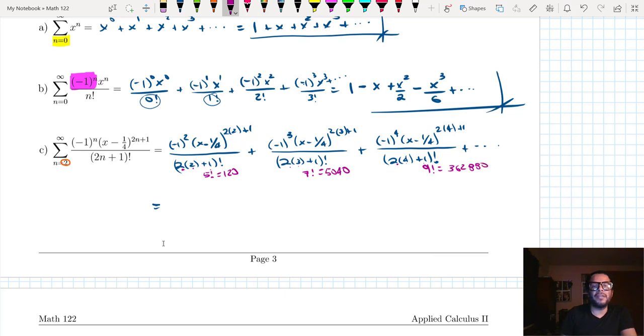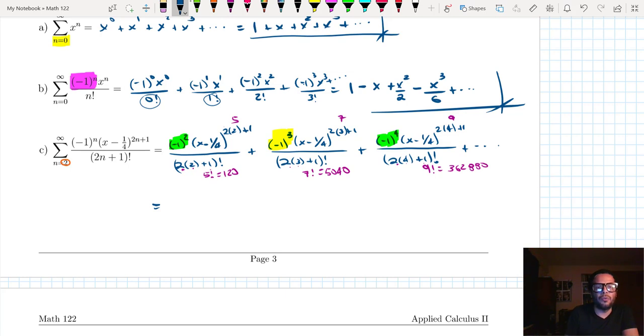362,880. Okay, now this negative 1 to the second will give me a positive term. Negative 1 to the 4 will give me a positive term. As opposed to the second term, negative 1 to the odd, which is 3, it's going to give me a minus. Okay, and the exponents, I'm going to simplify them here. 2 times 2, which is 4, plus 1 is 5, 7, 9. So the series here will be,